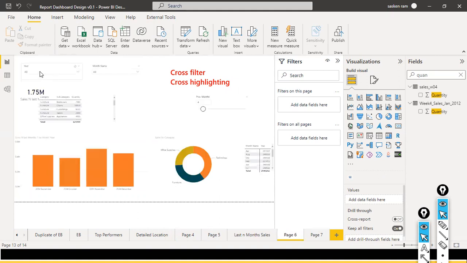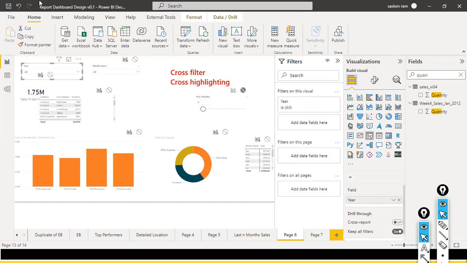Right, so let's say I want to use the year slicer across the reports, but not all the pages. It's this page, and this page, and this page, and this page only. In that kind of situation, we can enable a sync slicer option. You just select the slicer and then go to the